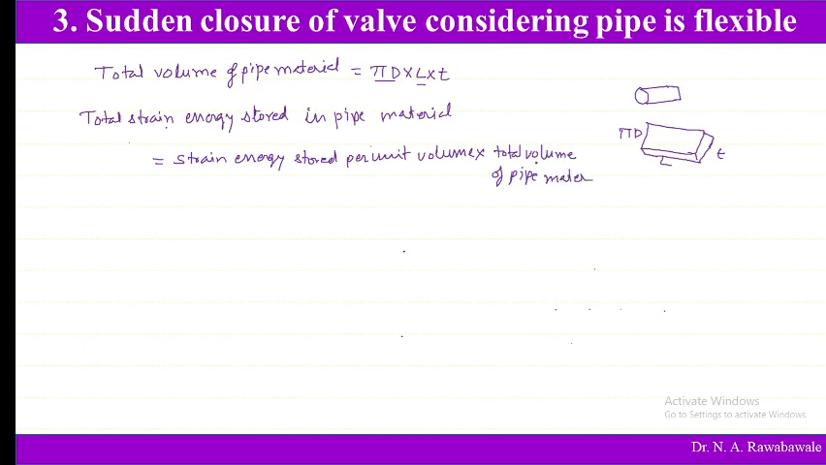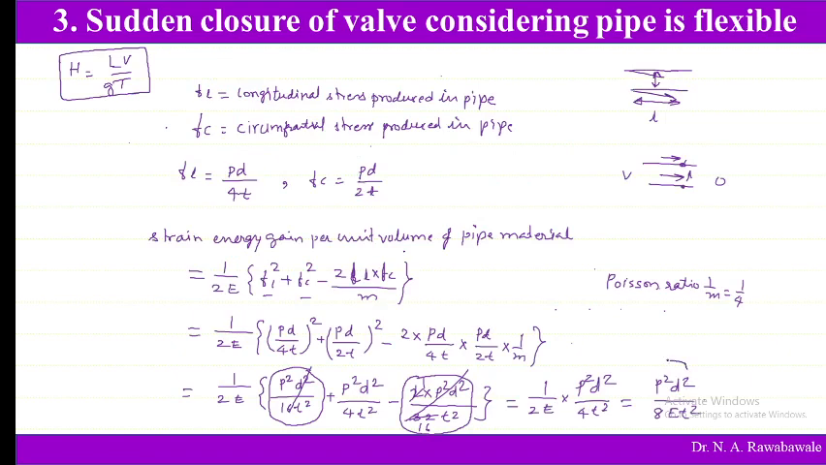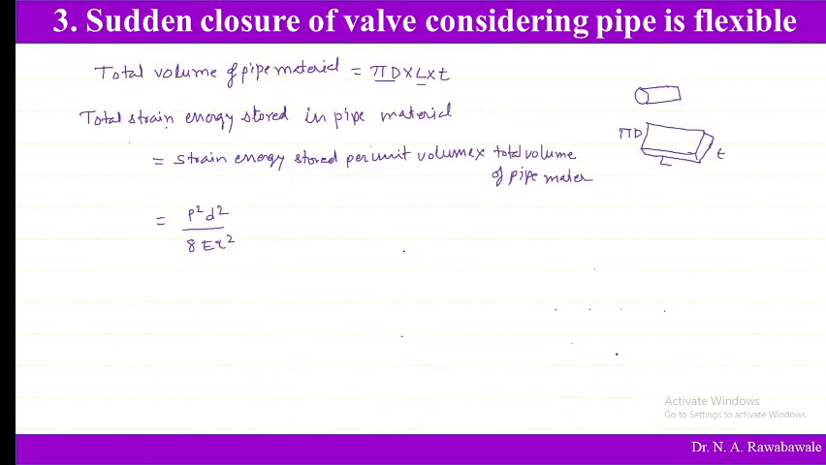So this is not volume of liquid, it is volume of pipe material. As we have seen, the strain energy stored per unit volume is given by p square t square divided by 8e t square. We have just derived this equation. So this is the equation for energy stored per unit volume of the pipe material, into volume, which is pi d t L into T. Now this can be written like this: